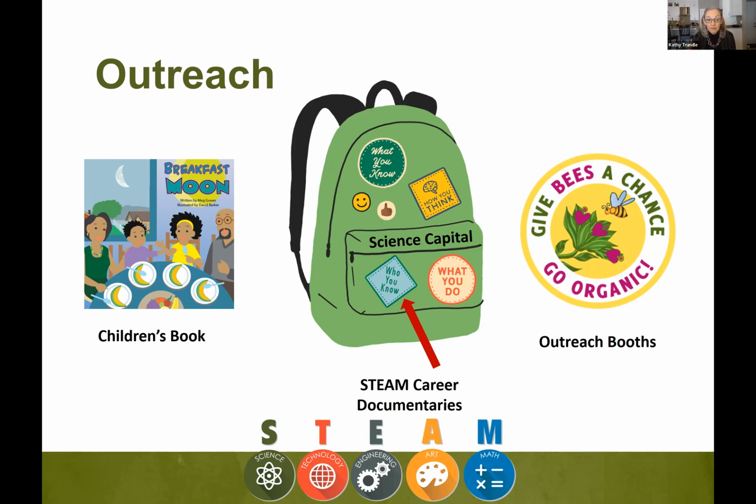We want your input. We want some of those STEAM ambassadors, the undergraduates, to come from your departments, to come from extension, to come from wildland resources. And some of them will come from education. So we want that to be an interdisciplinary team of STEAM ambassadors. But those outreach booths will be developed with our students, our K-12 ambassadors for pollinator conservation, and also with the STEAM ambassadors who are undergraduates.